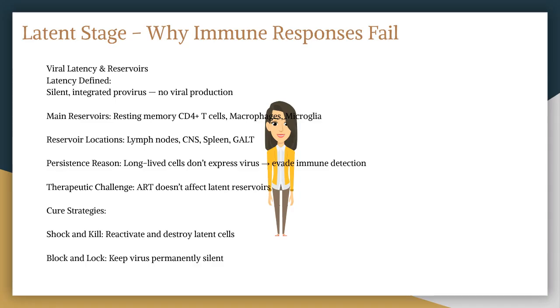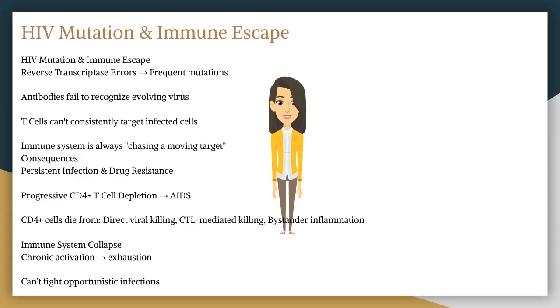During HIV mutation, reverse transcriptase errors lead to frequent mutations. The immune system is always chasing a moving target. Consequences are persistent infection and drug resistance, which leads to